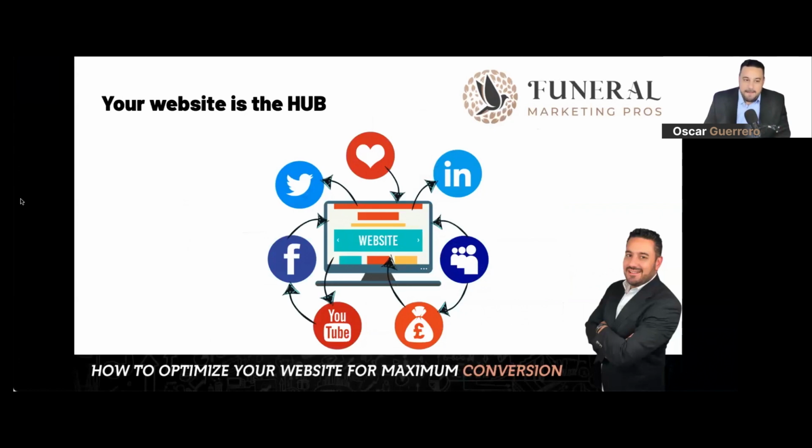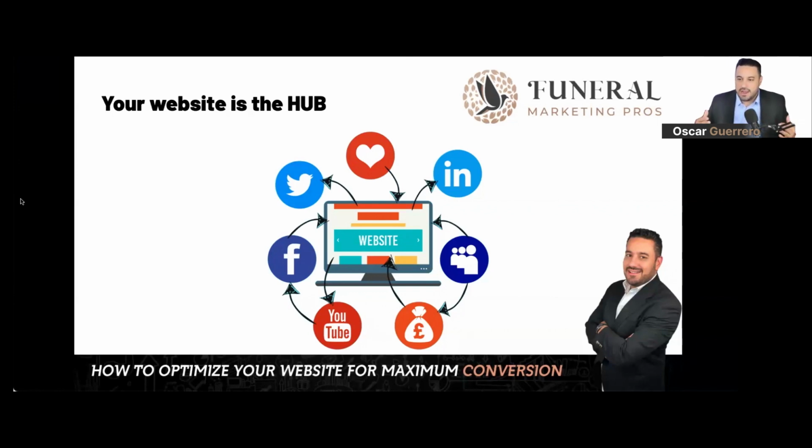So, the hub. Let's talk a little bit about this. I believe this wholeheartedly: your website is the hub. You might be doing a lot of different types of marketing, whether internet-based marketing like SEO, search engine optimization, where people are searching for a funeral home near them and you're coming up at the top of Google or Bing. You might be doing pay-per-click advertising like Google Ads. You might be doing local service ads, radio ads, and I know that a lot of us are getting referrals,